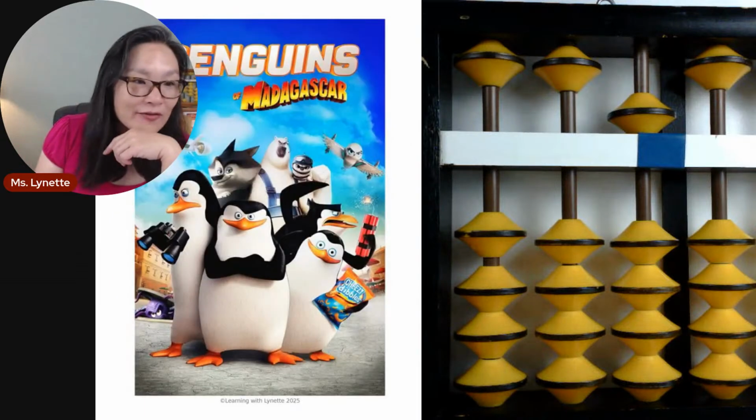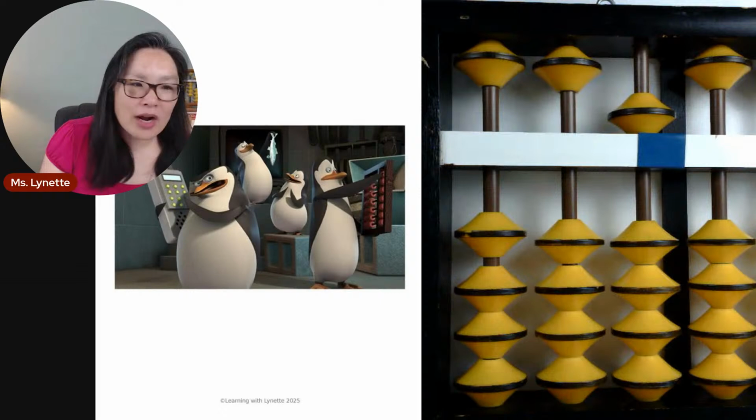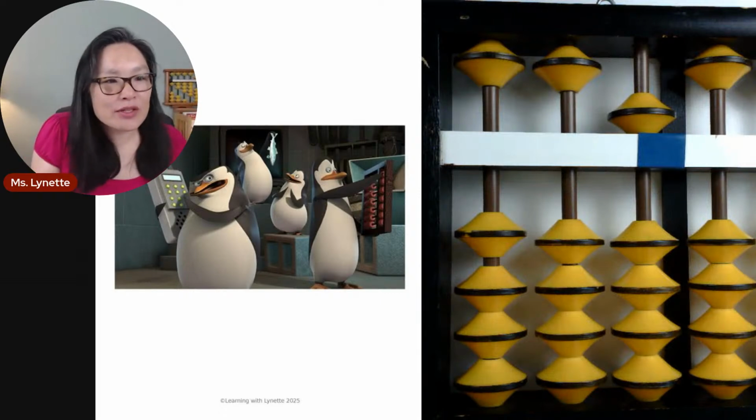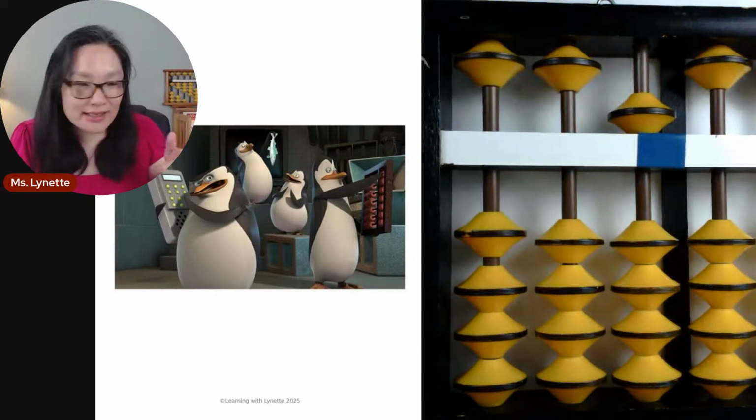It's Penguins of Madagascar. And it was Rocky, I think. He was the one that pulled it out of his stomach. And this one is actually a Chinese abacus. How do I know? This Chinese abacus